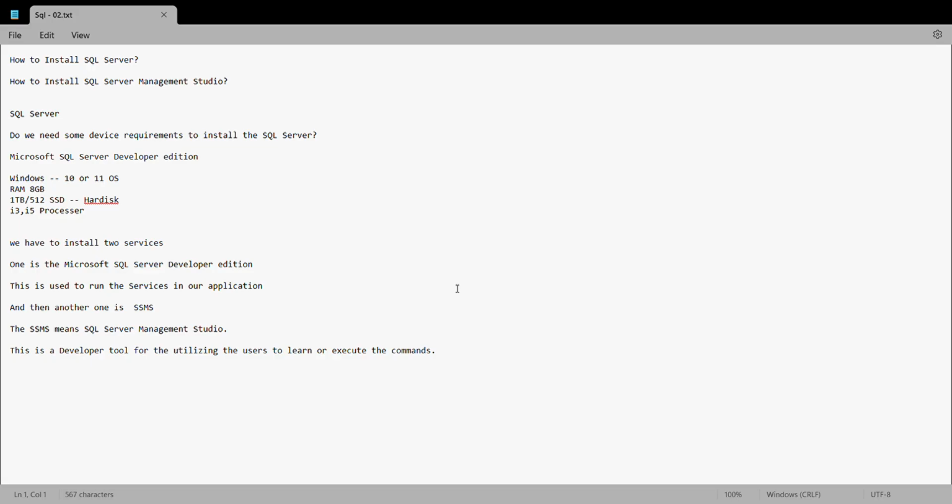So for this installation purpose, we need to have some device requirements. These requirements are Windows 10 or 11, not Windows 8, not Windows 7. And the minimum RAM requirement is 8 GB, and the minimum hard disk is a 1 TB hard disk drive, HDD,